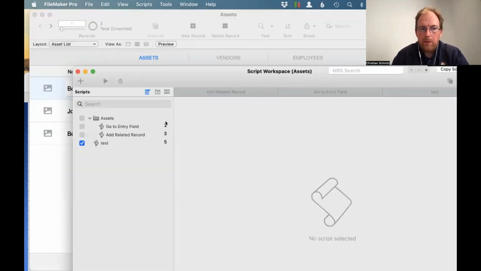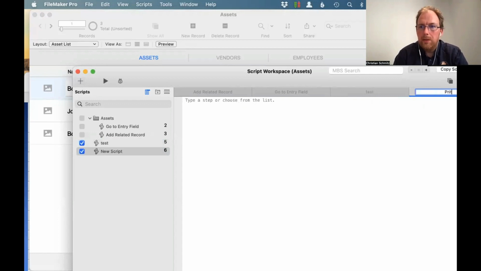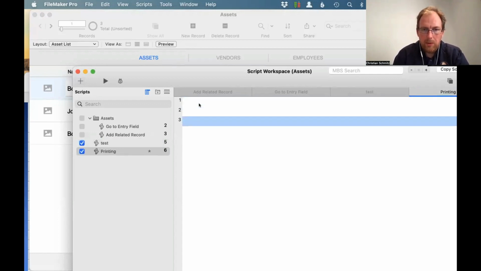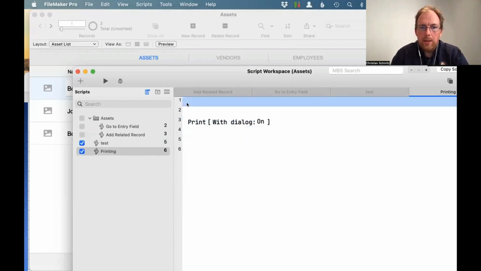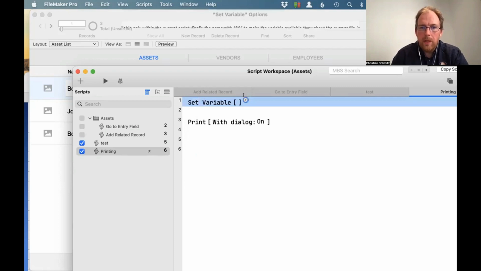And now whenever you run a script, like let's make a new script for printing. Let's say we want to print here, so print. And we want to log that someone is printing. We could just say here set variable and